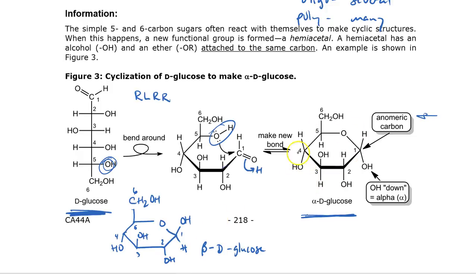When you hook alpha glucoses together, you make starch. When you hook beta glucoses together, you make cellulose. And they're completely different molecules. Starch, you probably have some in your cabinet, some cornstarch. You can take that and put it in your soup or your gravy to make it thicker. You can digest it. You can eat it. It's fine. Cellulose, you make paper out of it. If you try to eat that, you're not going to get any energy out of it. It makes plant cell walls. So even though they're both made of glucose, completely different properties.